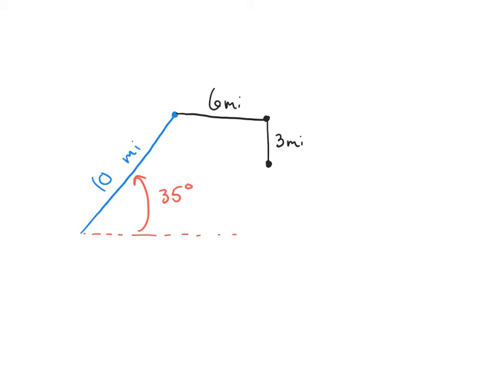A person drives or walks 10 miles northeast at an angle of 35 degrees. The person then stops and walks 6 miles east. Finally, the person stops again and walks 3 miles south. Determine the overall displacement